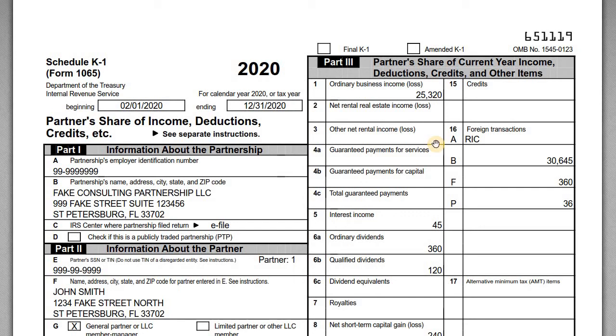Okay, so for this video, I wanted to go over the Schedule K-1 for a partnership Form 1065 return. I get a lot of questions on these Schedule K-1s because taxpayers get them and they kind of don't know how a lot of these numbers are arrived at and what information is reported on here. So I'm going to briefly go through the Schedule K-1 itself and then actually take a look at the return